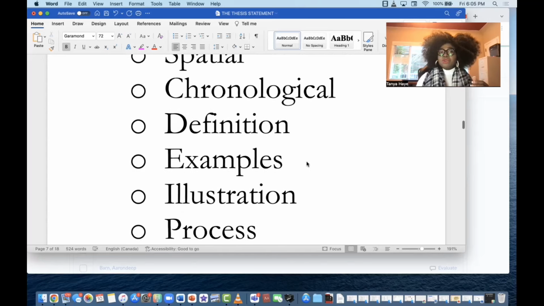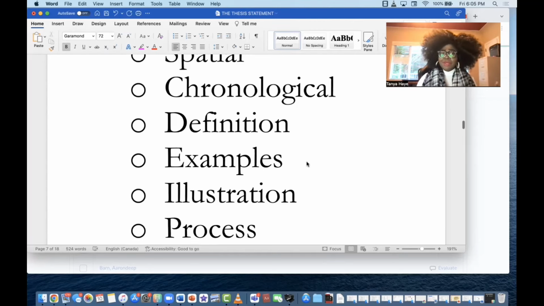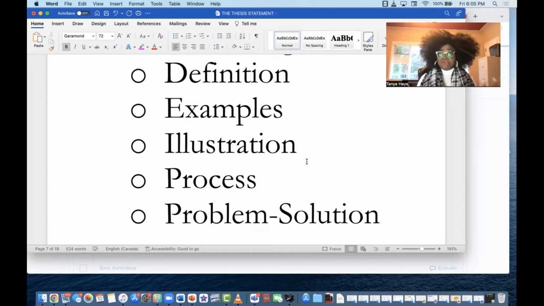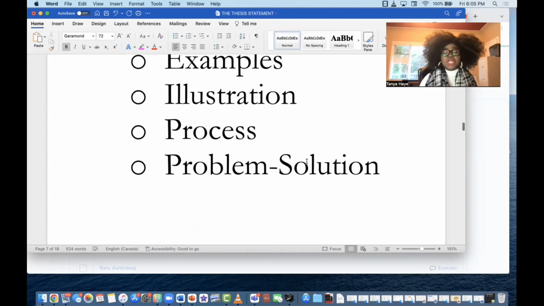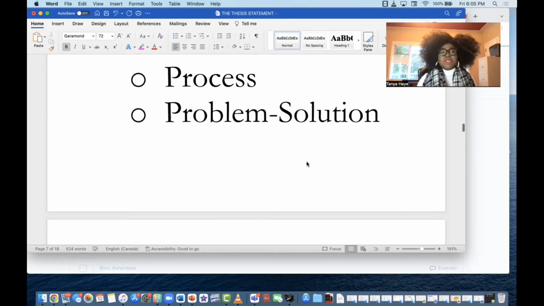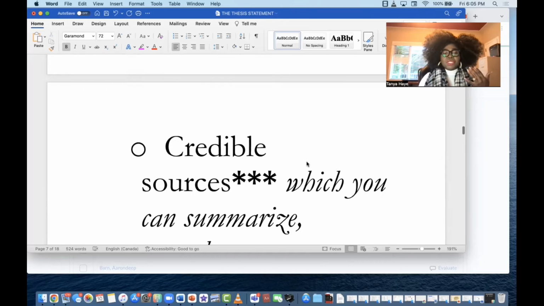You can also use chronology, where you talk about events in the order in which they happened. Or you can use definition. You can use an extended definition where you explain a concept by defining it. You can use illustration. You can talk about a process. You can do problem solution,